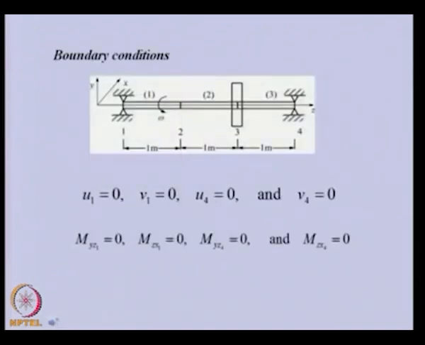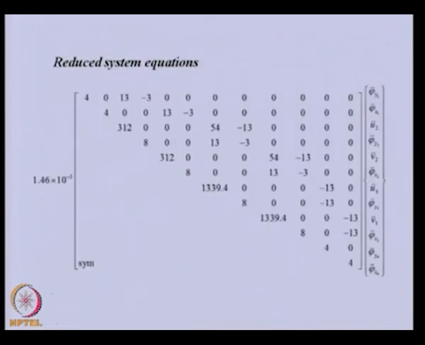Now, boundary condition of the problem. So, here simply supported boundary conditions are there. So, displacement in horizontal and vertical direction will be 0. Similarly, here at node 4 displacement in horizontal and vertical direction will be 0. Corresponding moments are also 0 at these locations. So, that means these boundary conditions we can apply in the previous equation, and this is the reduced